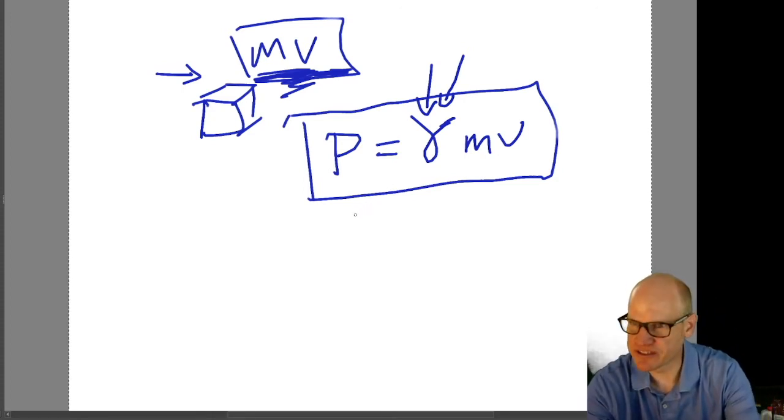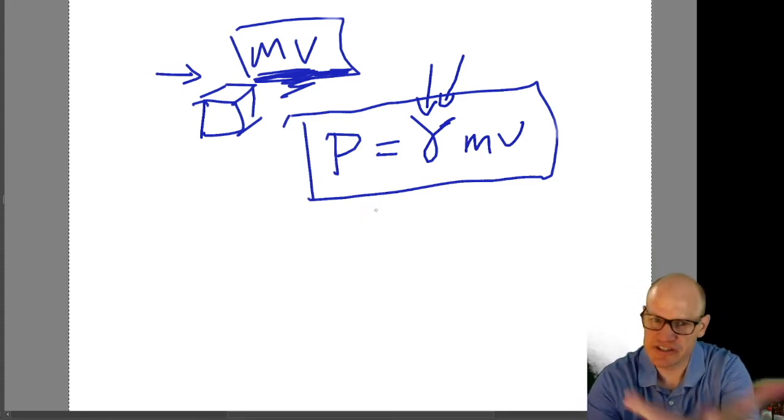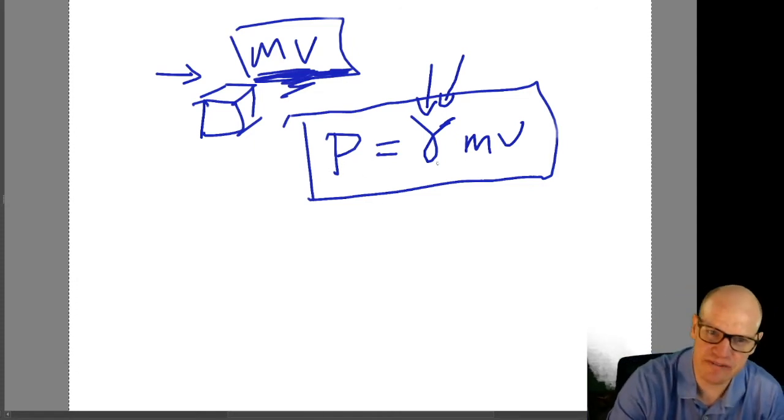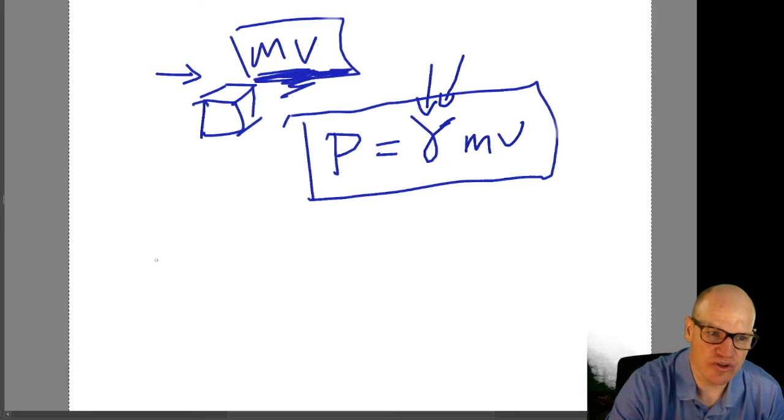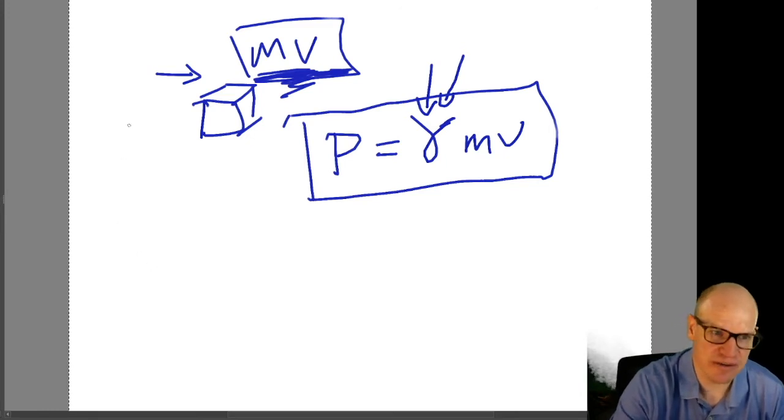You can derive it in different locations, but we're going to use this here for now. So momentum is actually given by gamma mv, not by mv itself. And so if you apply Newton's second law, here's this object, I'm going to exert a force on it. Force,